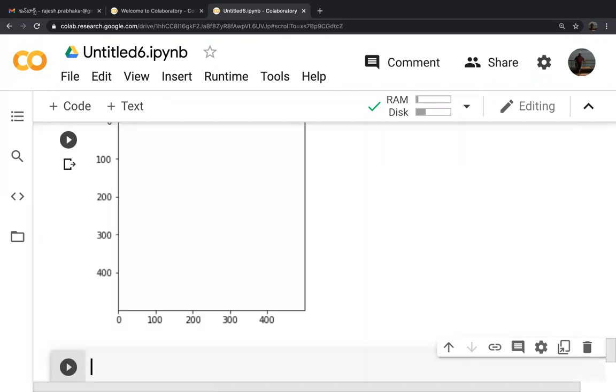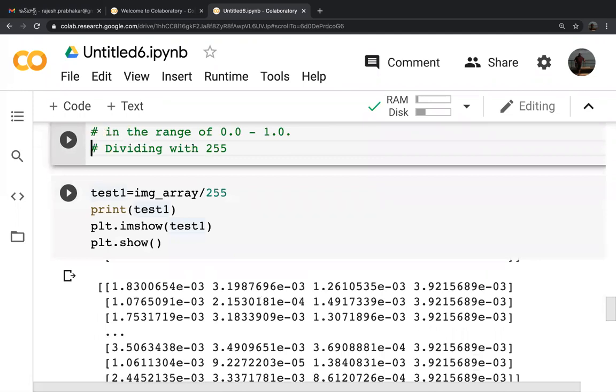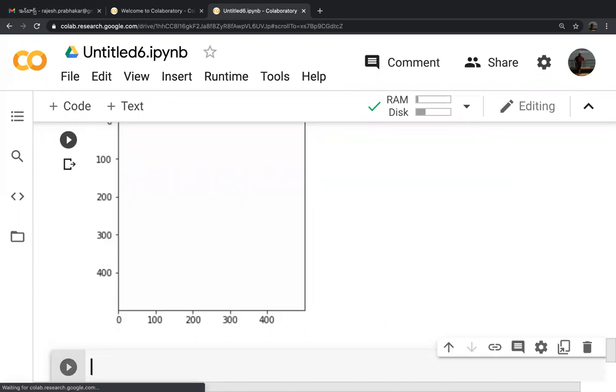Oh, it lost the colors completely, huh? It became a blank.